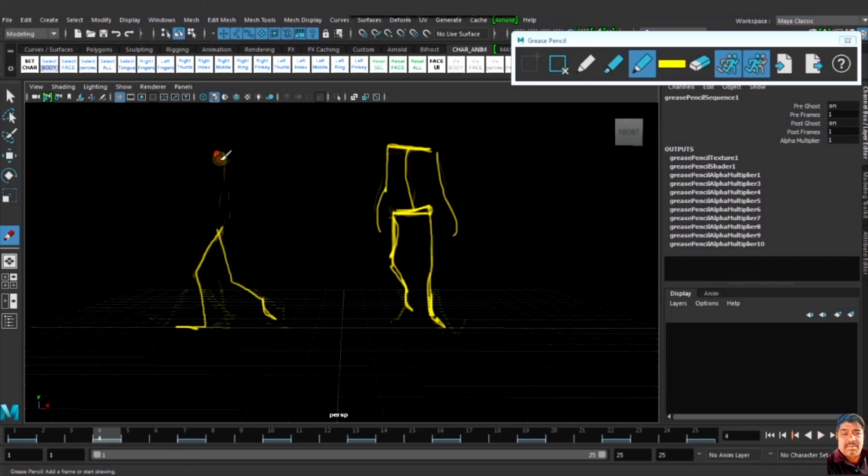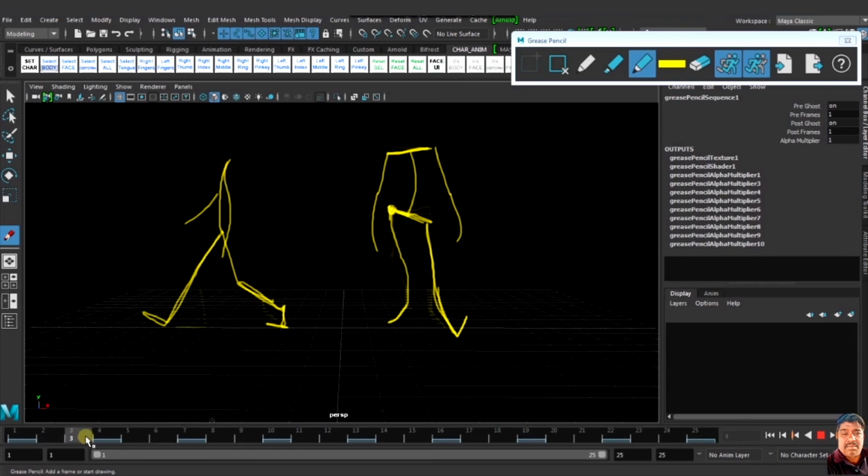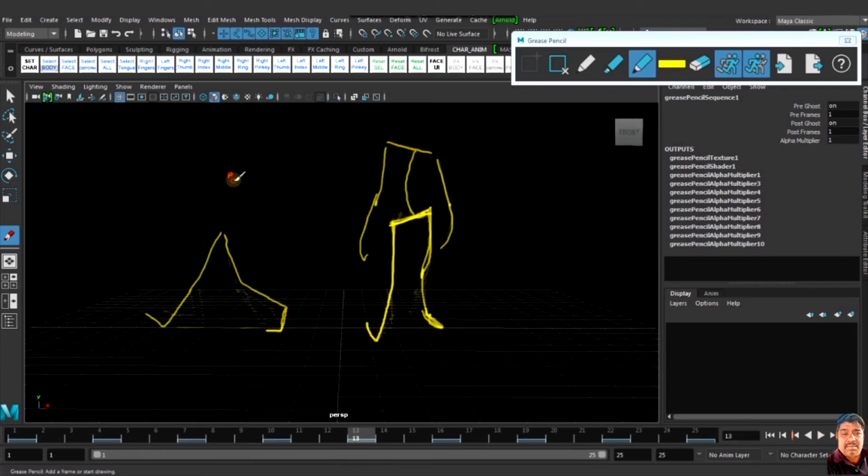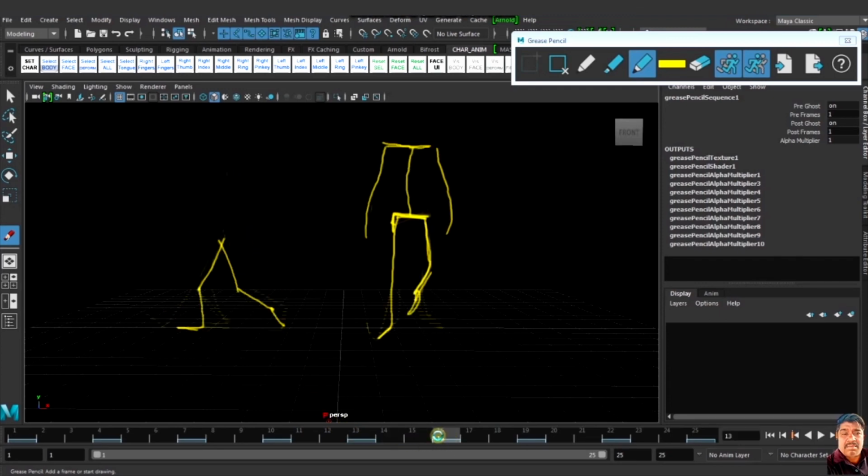This is my down pose. This is my contact pose again. This is my down pose.